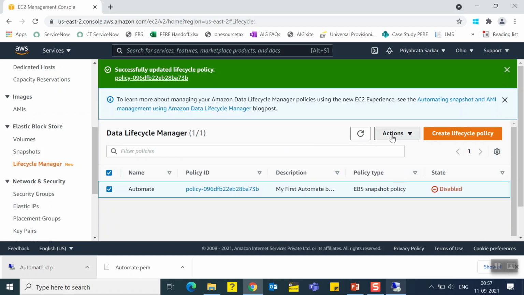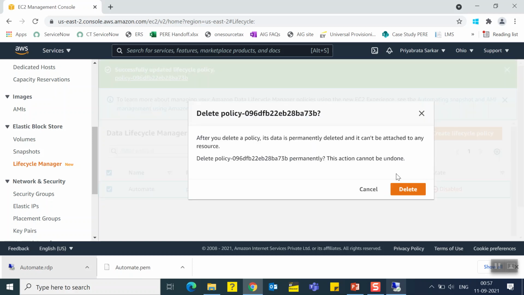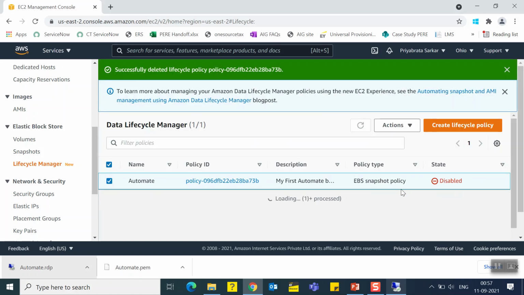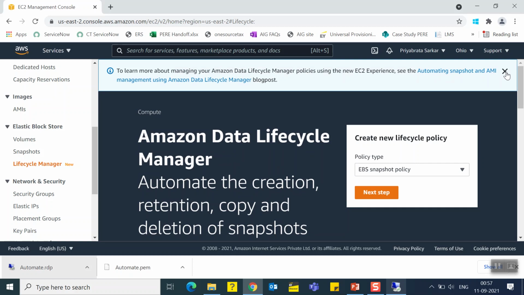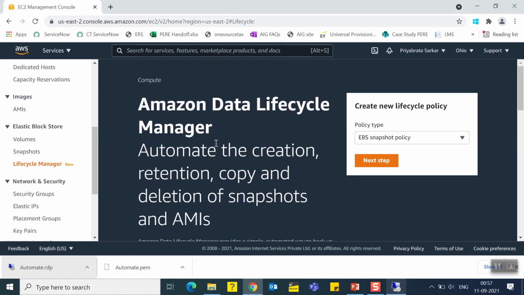Once it gets disabled, I need to delete the lifecycle policy also, because I'm not going to use this in future. I have done it only for testing and demo purposes, and to teach you guys. So once you delete this lifecycle manager,